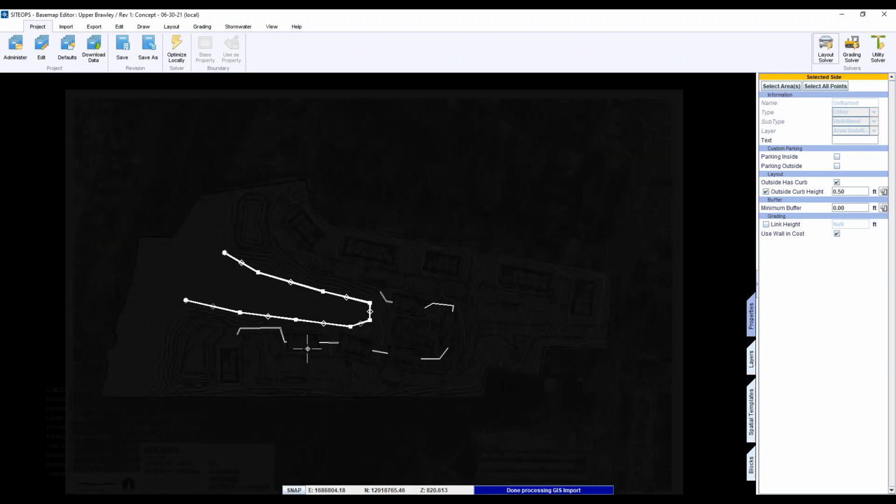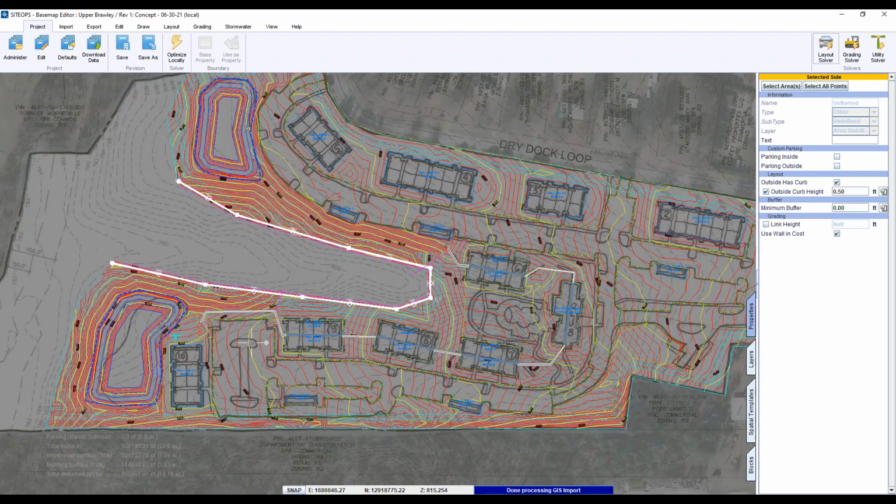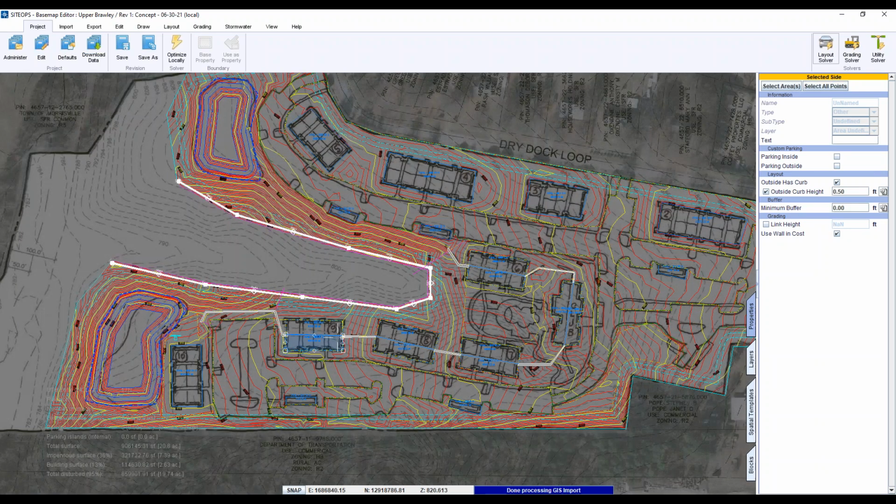So that shows all the walls. I just isolated that layer. That's all the walls I've given it to allow it to build. So these are all split buildings. I like to just link them up so that it can continue that step in grade as it goes around in this case.